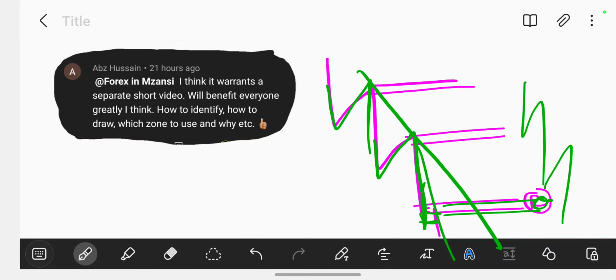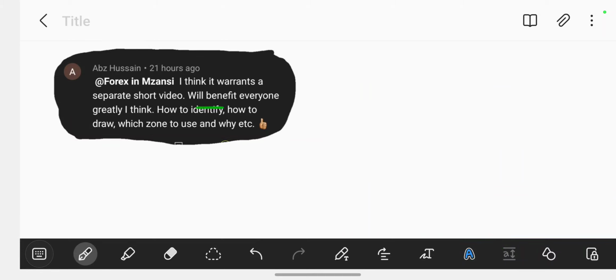We want this. But yeah, that's how you identify your zone. And now it comes to the second part of the question: how to draw your zone. So when you get to the top, still giving an example when you're going down, remember the structure won't always be the same. But normally when the price gets to the top, what you will do is